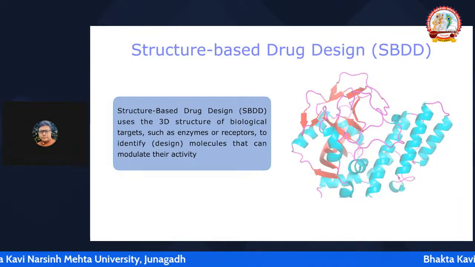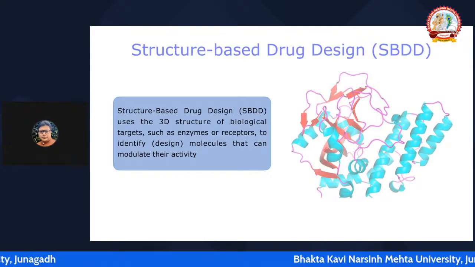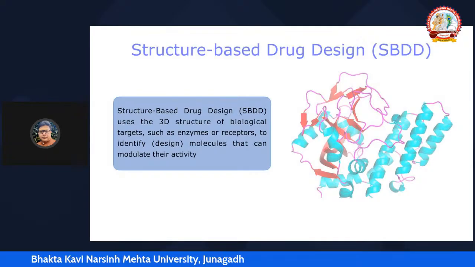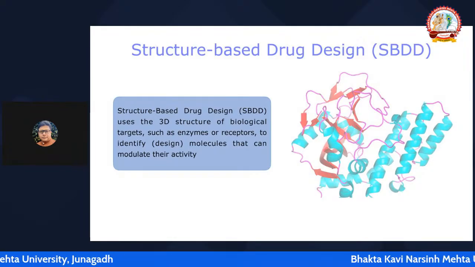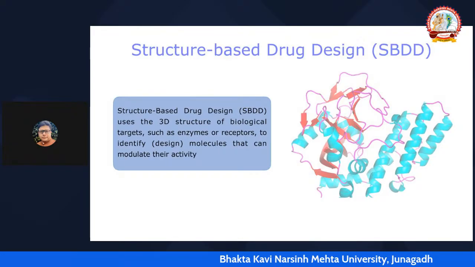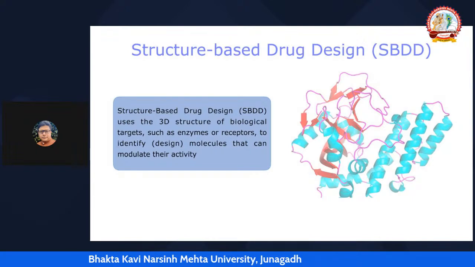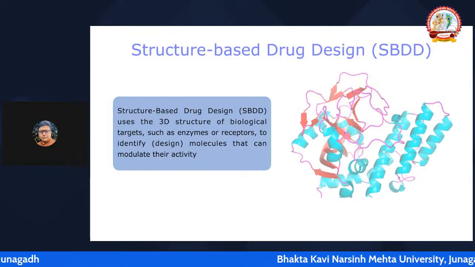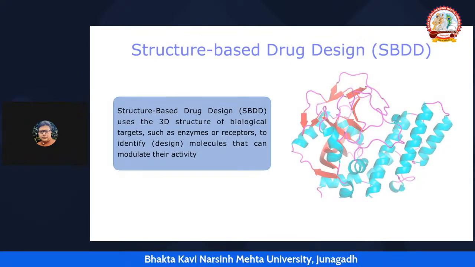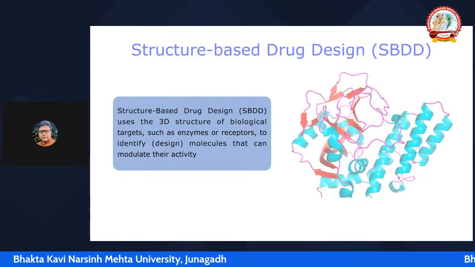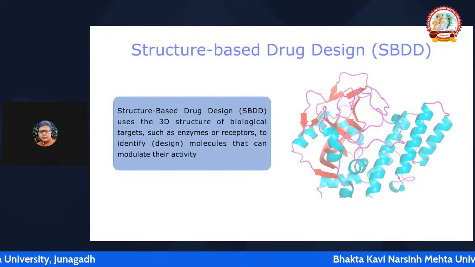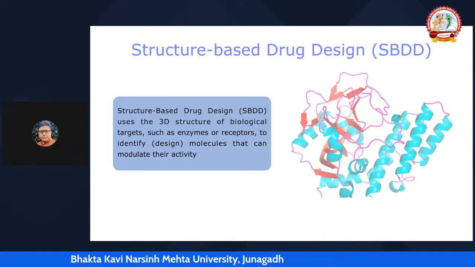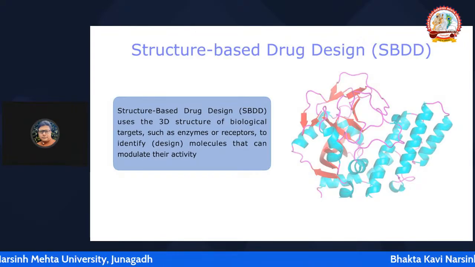Now, rational drug design is divided into two types. One is called the structure based drug design, which takes structure here to refer to the three dimensional structure of the biological target, which is an enzyme or a receptor, to which basically the molecule binds and exhibits a therapeutic action. So when a molecule binds a receptor,